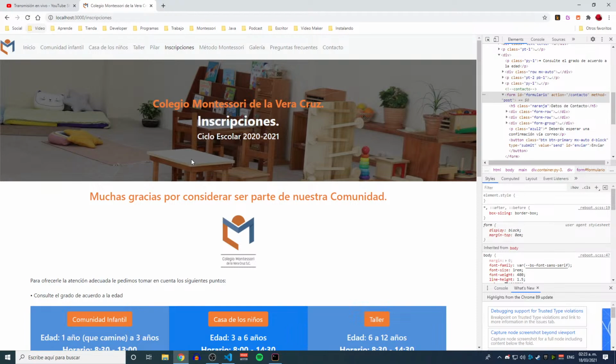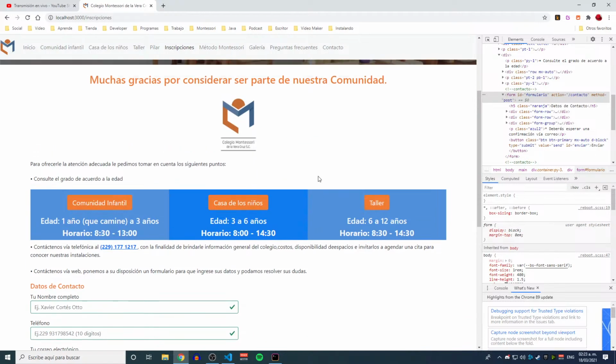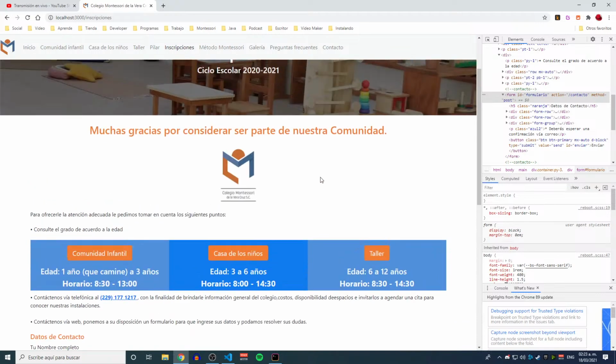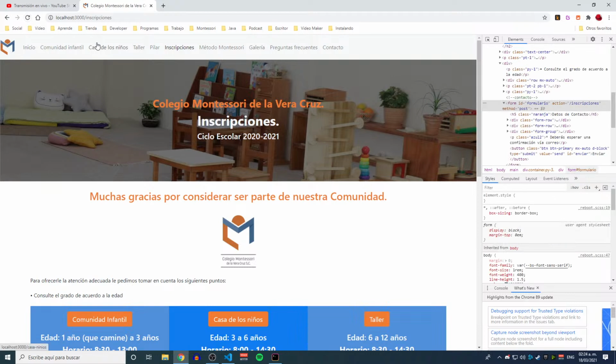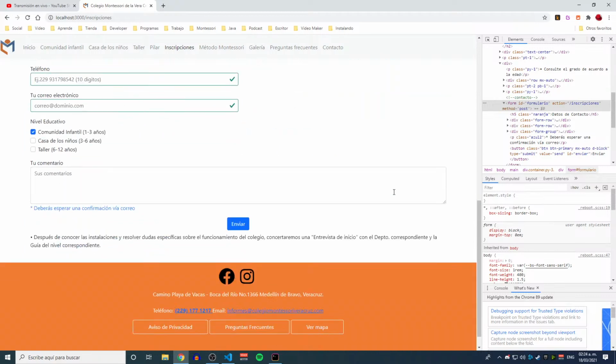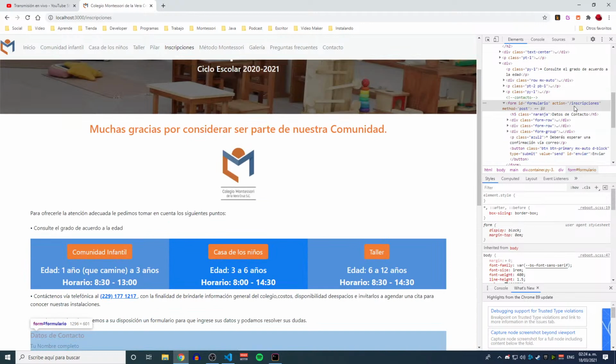Yet, if I send an email, because this is the contacto action, I'm going to be redirected to the contacto page, even though I'm located inside the inscripciones page. But then again, I'm just going to refresh now. And I can see here that the action attribute changed to dash inscripciones. So the second I click send, I should be able to use the post method, and the action should be inscripciones,